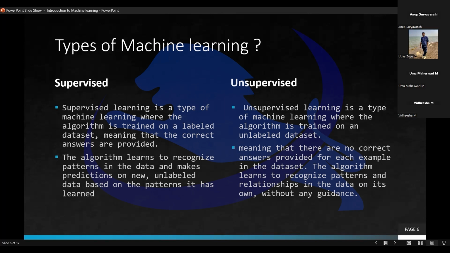Now you must have a question: if the machine does not know what the data is and is not understanding it, then how is it going to categorize this entire data? So basically, the algorithm will try to generate clusters of this data. For example, let's take dogs and cats. If we submit an image data set of dogs and cats to the machine, the algorithm will try to identify the similar features between dogs and cats. For example, four-legged animals will be categorized together. Now there might be a chance that a cat will be categorized in the cluster of dogs, but